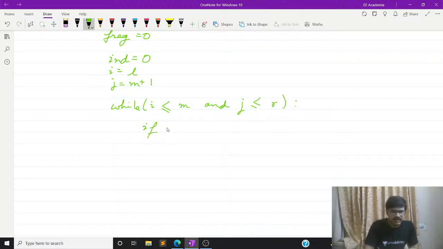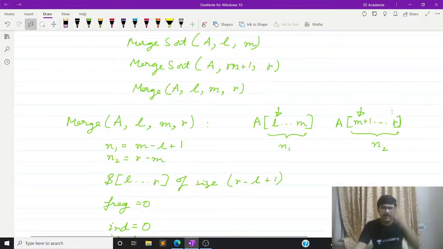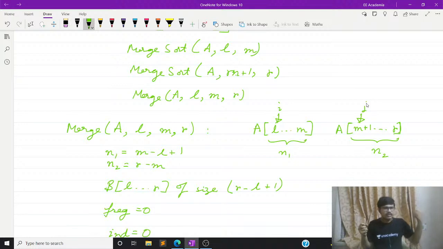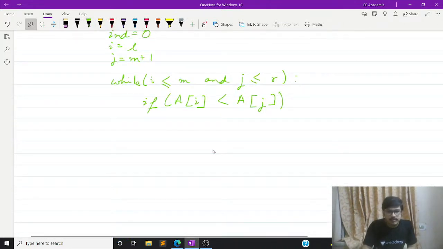I check which element is smaller. If A of I is less than A of J, I check the elements of the two halves. So I is pointing here, let's say, and J is pointing here. If the element of the left half is less than the element in the right half, you simply put this element into this array and also increment the count of this element, right? So what I will do is B of I and D equals A of I,